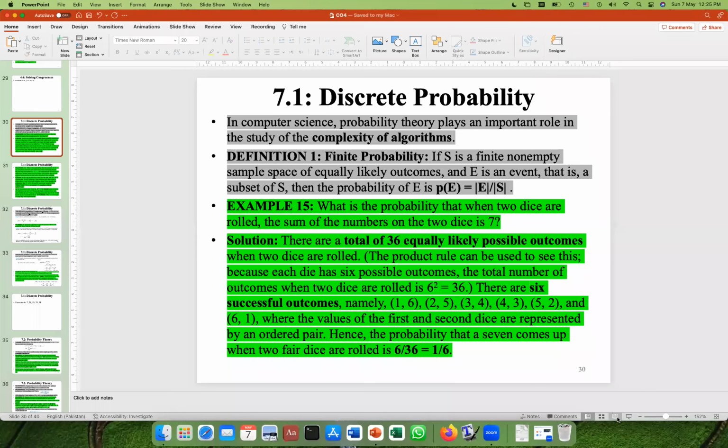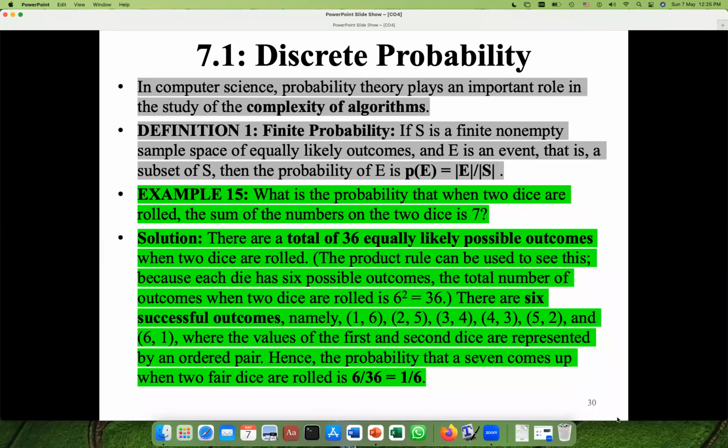So this is chapter 7 from the textbook, and it is the last part of your CO4 that is about probability. That is an important topic, okay? And especially for computer science students, this is very much important